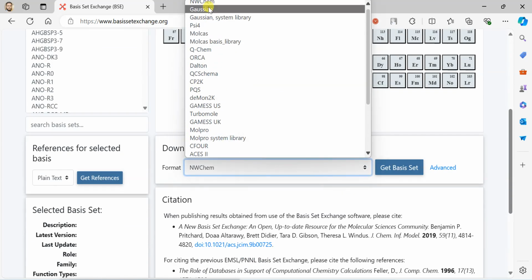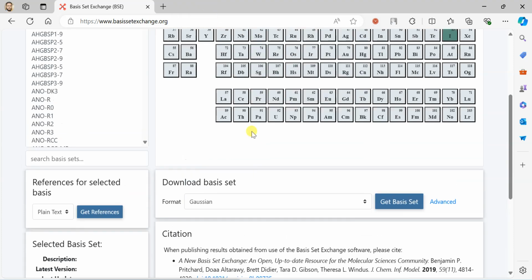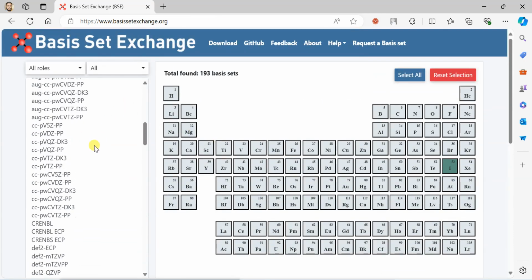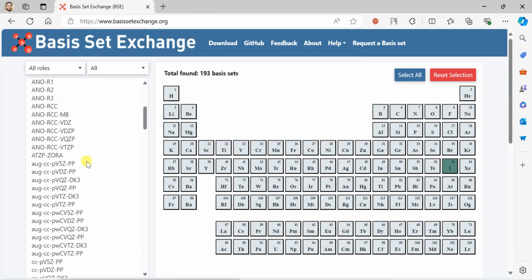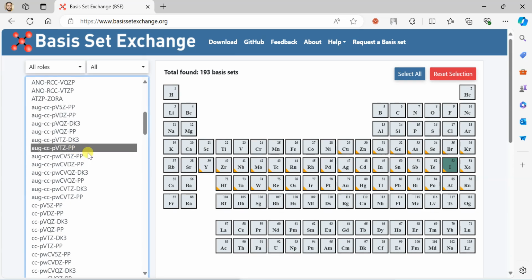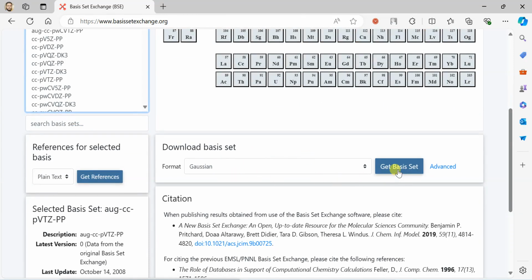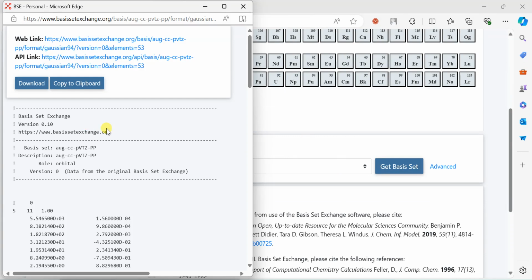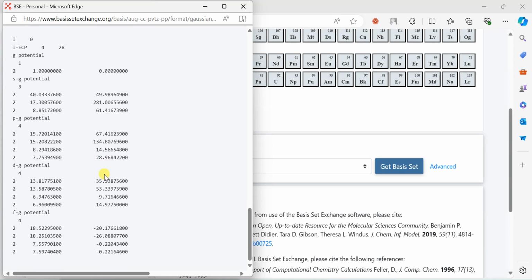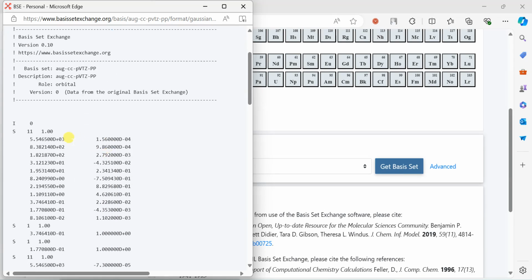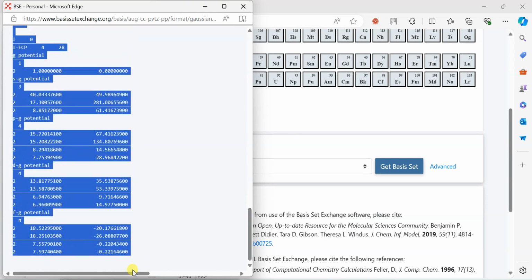And then here I will select Gaussian, and then I will go for augmented CCPVTZ. Yes, that is the augmented CCPVTZ pseudopotential, iodine is selected, and here Gaussian is selected. If I click on get basis set, it gives me the basis set with the pseudopotentials for iodine. So what I'll do is copy this from here, iodine 0 till the end,